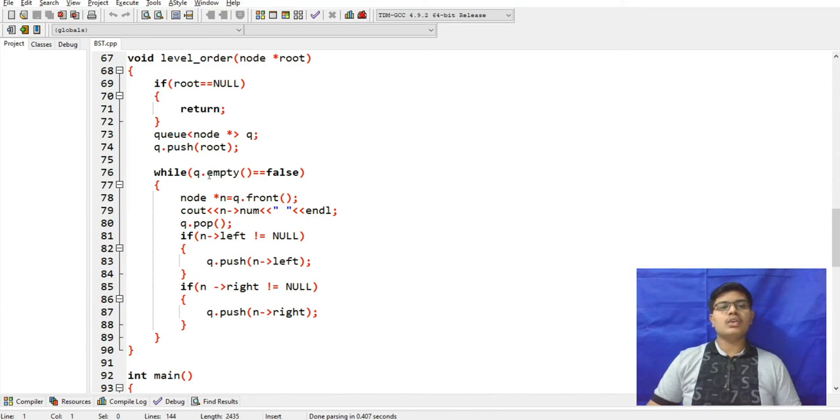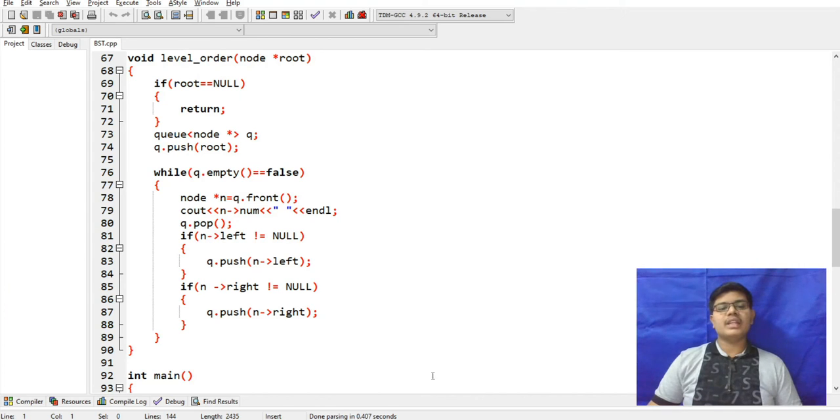While q is empty equal to false, it will take the front one, print this n of num, and pop it out, printing all the elements in sequence.